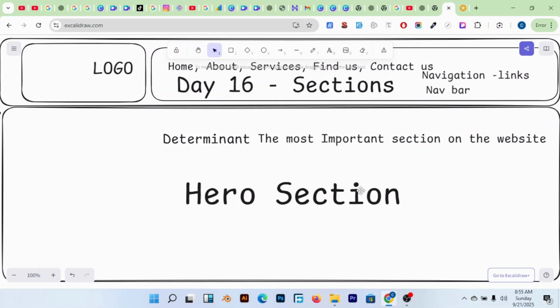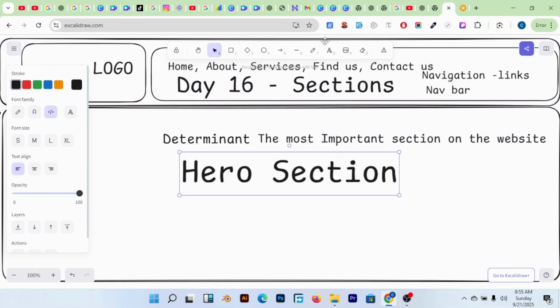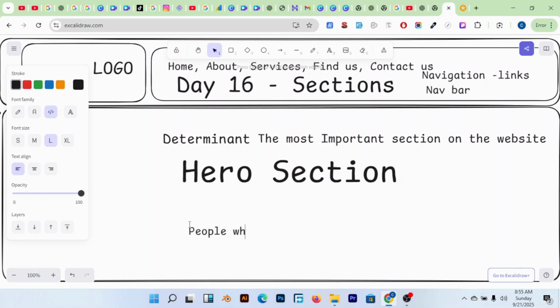Why do I use so many names? Because this section is going to enable people who come on your website